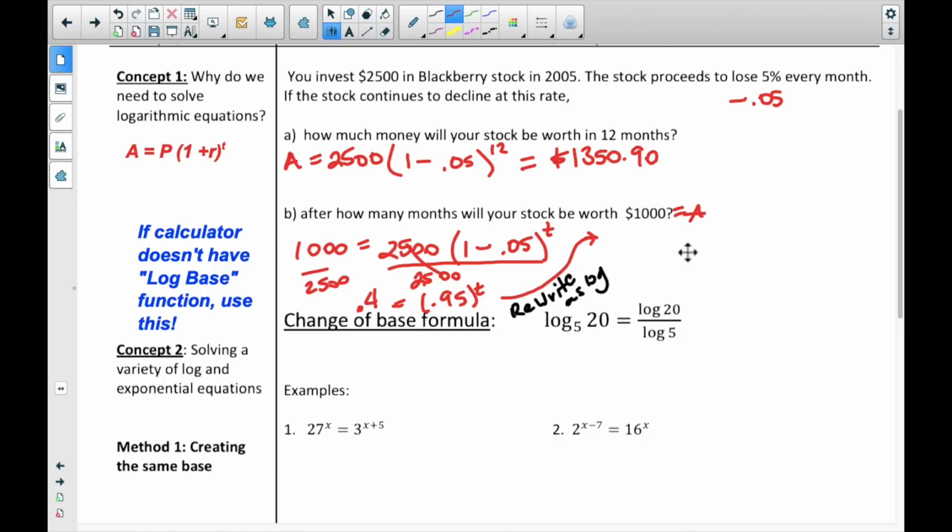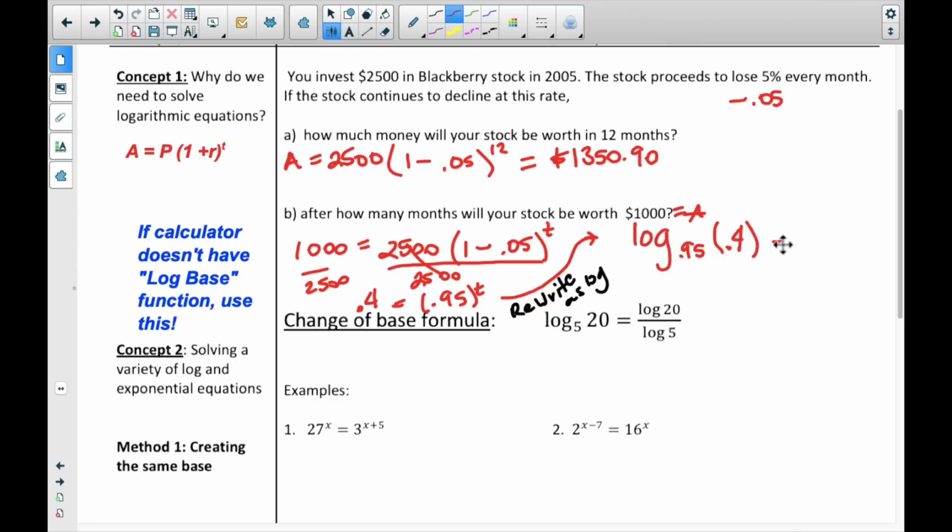And what I mean by that is, do you remember how to do this as a log? This equation is a little bit backwards from how we've seen some of them. We've been talking about left, right, left. This one we're going to look at right, left, right, but that's okay. So the way we do it is we start with a log base. Well, what's our base? Our base was the base of the exponent. That's 0.95. Log base 0.95 of, we go to the other side, 0.4,